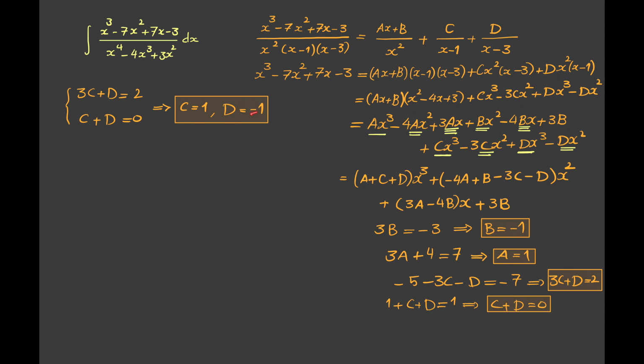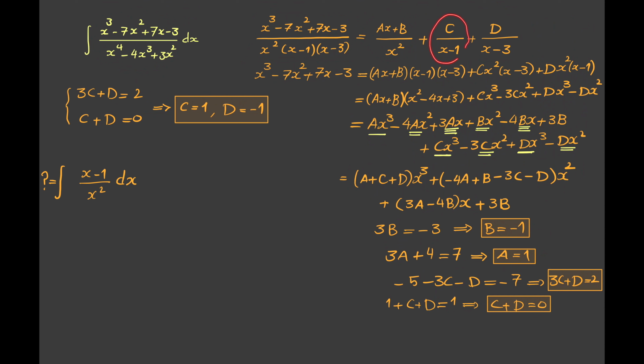So the integral, let me write the question mark, to save some time, is equal to the integral of the first one with a equals 1 and b equals minus 1. So this becomes the integral of x minus 1 over x squared dx,